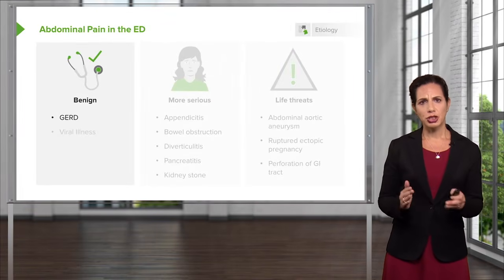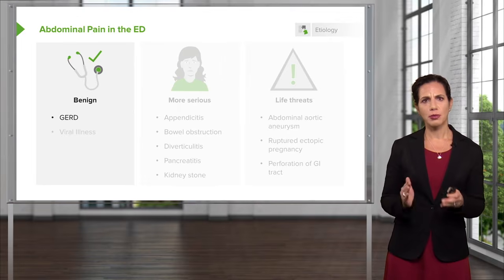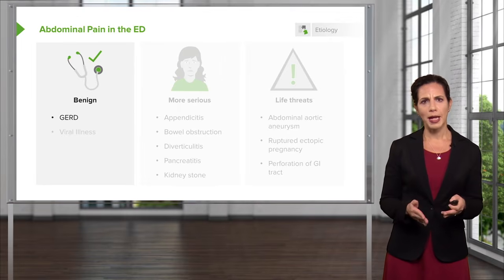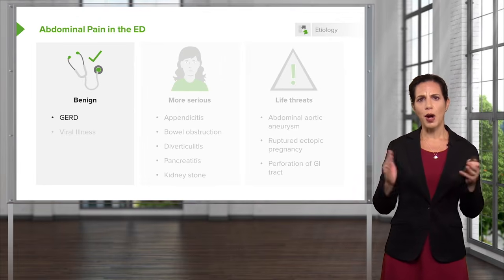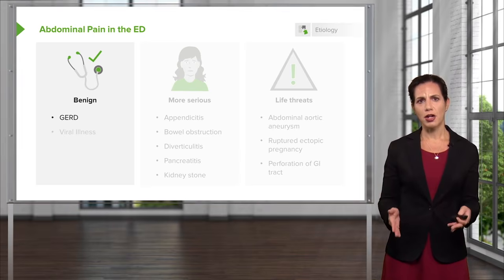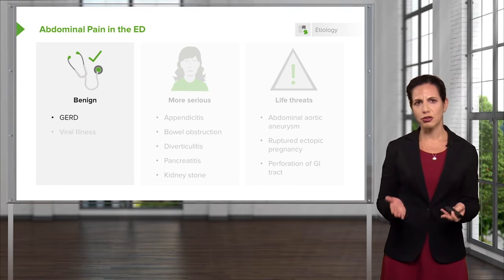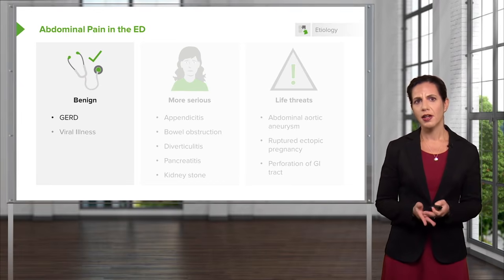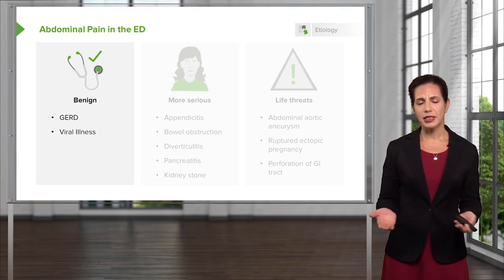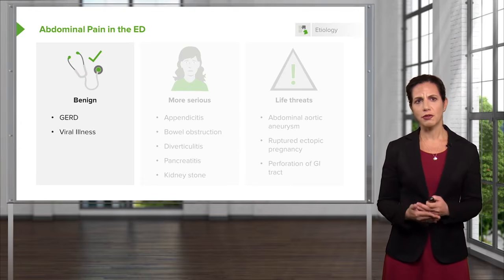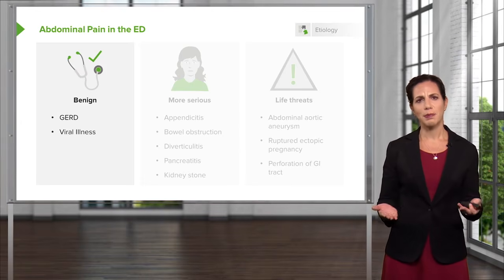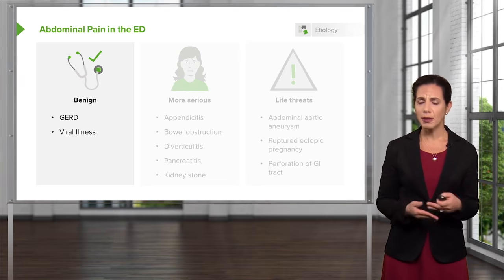One of the biggest challenges when patients come to the emergency department for abdominal pain is that there's such a wide range of things that can be causing the abdominal pain. They vary from things that are benign, things like GERD or gastroesophageal reflux, or a viral illness that for the most part, most patients can really tolerate on their own. They may be uncomfortable, they might have some belly pain and some vomiting and diarrhea,